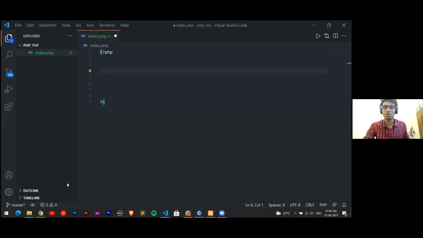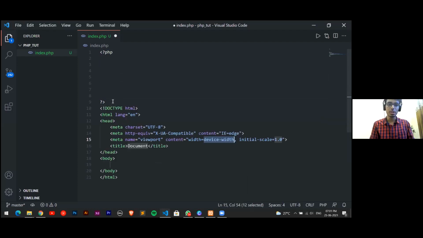Yeah. So this is where we will be writing our script first. For every PHP script you want to run, you need to have this tag so that our PHP script runs. We can run HTML also in this file. So if I just write exclamation, we get the whole boilerplate.